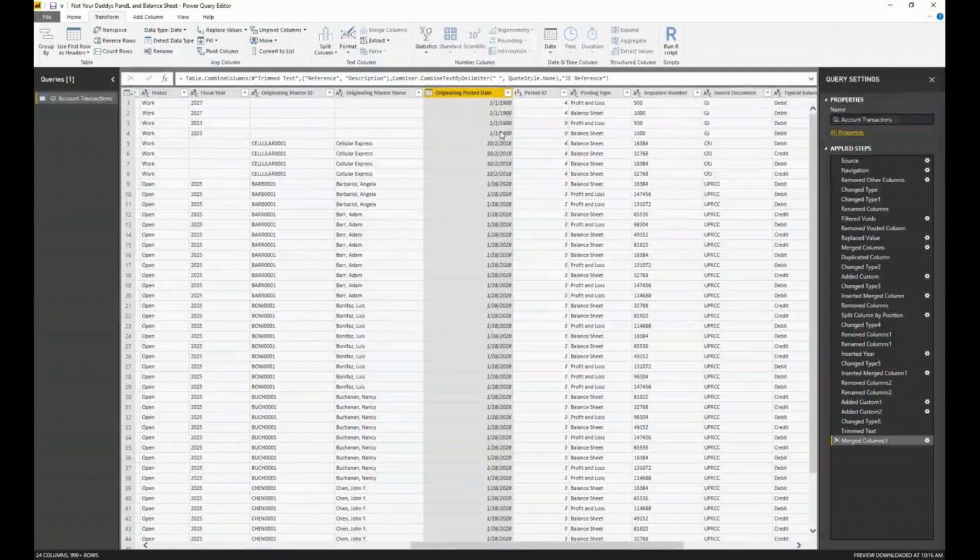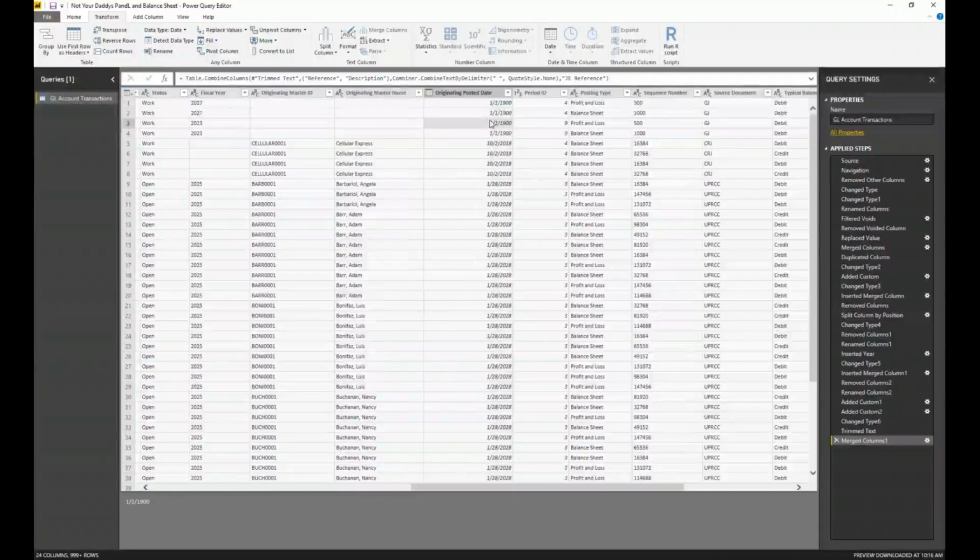And the way I want to work with dates when I'm in Power BI, I don't want anything with that 1/1/1900 date because I want Power BI to create a calendar that includes all my dates, and we'll talk about that more in just a moment. So what I want to do is change the actual posting date so that if it's 1/1/1900, it's blank. So that's what I want to do now.